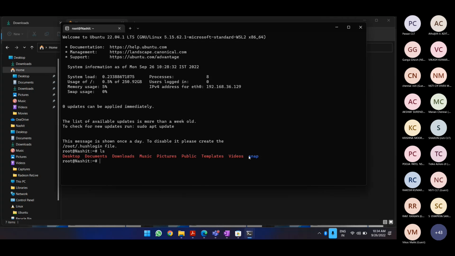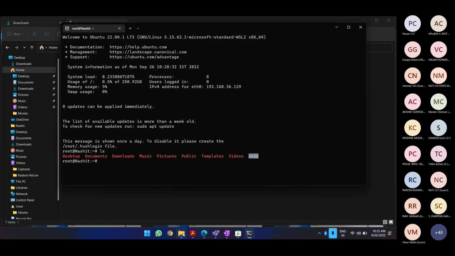Now, one more thing. We have something in blue. What would this blue mean? This might be a hidden file, might be system generated hidden files.